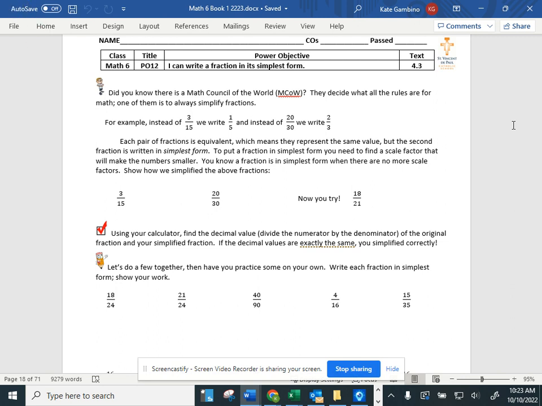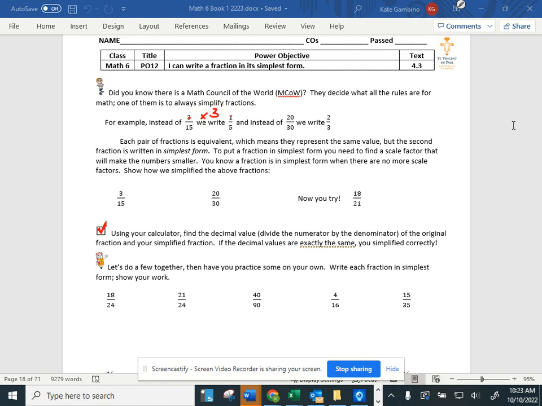So if we multiplied 1 times 3, we get 3. 5 times 3, we get 15. So it's got that scale factor of 3. So going backwards, we could multiply it up. And to put a fraction in its simplest form, you need to find that scale factor that will make the